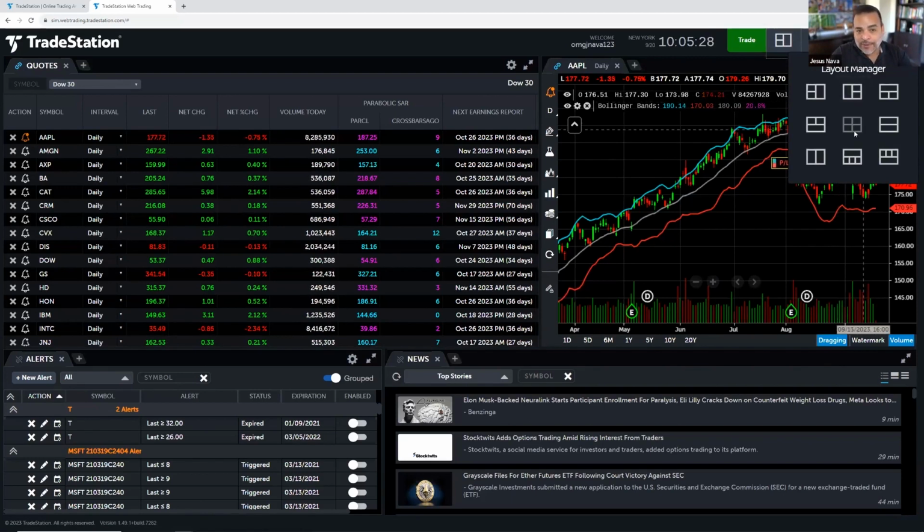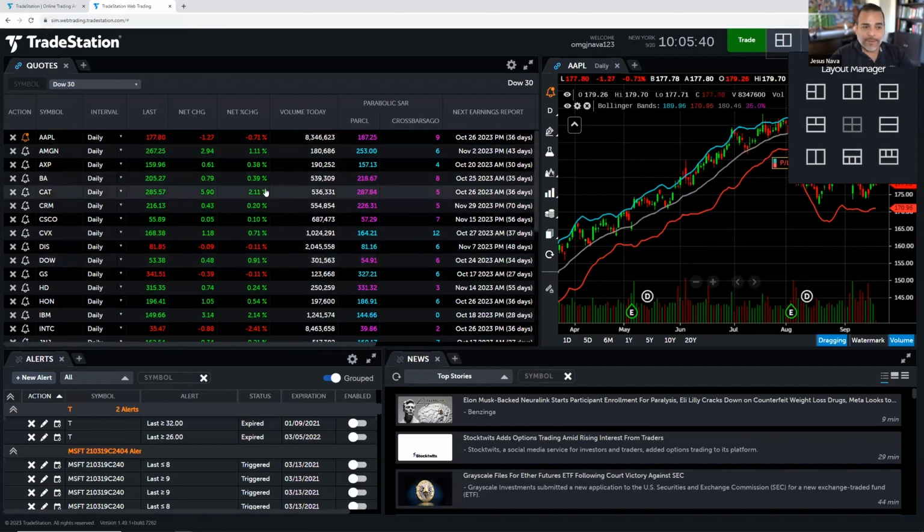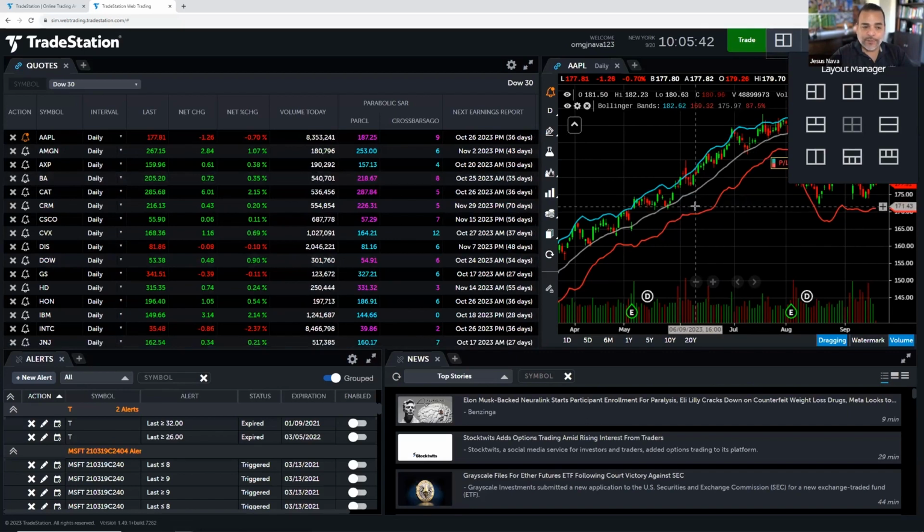The one that is gray right now is the one that I've selected, which splits my screen into 4 different panels. You can see that I have a quotes window on the top left, a chart on the top right, an alert manager on the bottom left, and my news app on the bottom right. Now I'm going to click on this more simplified version, which is a 2-panel layout vertical,